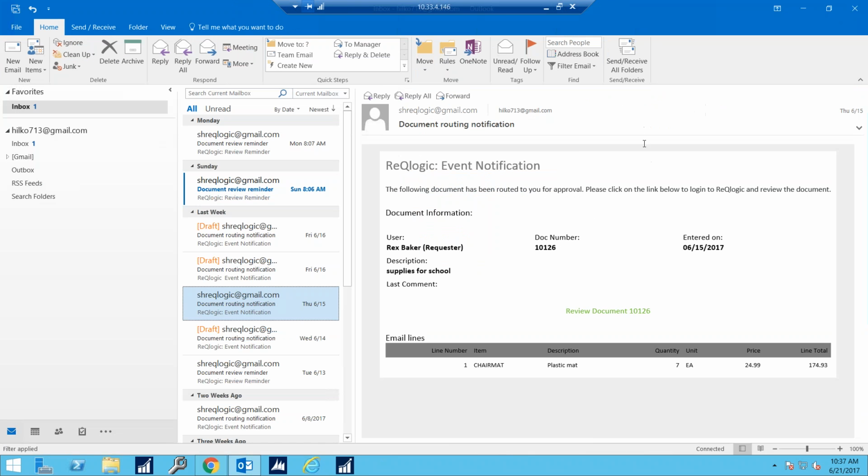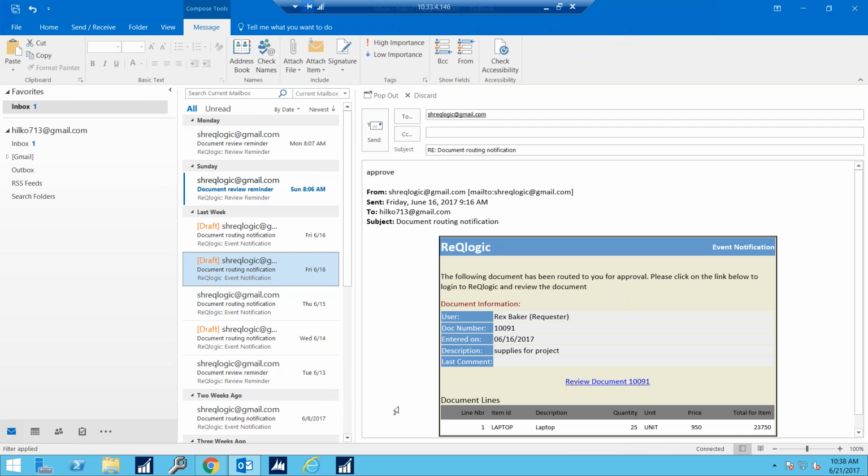So I talked about those email notifications. So when an approver is sent that initial document, you get a routing notification. So this is a template, and this is just a sample. You can design it however you want. It can have a hot link to your document. It is showing you what is on this requisition. It can also have attachments visible. You can see comments people have made, and you can just reply to this email, as I have done in